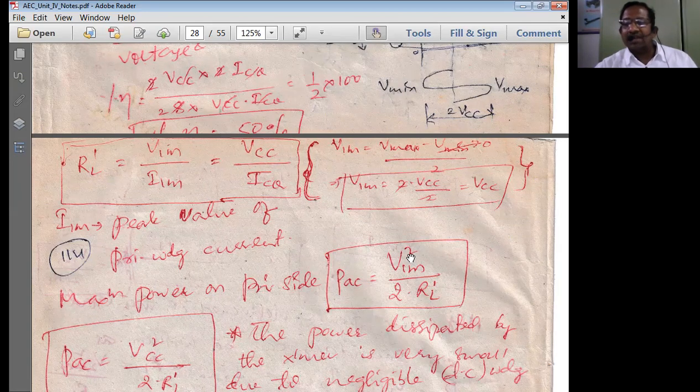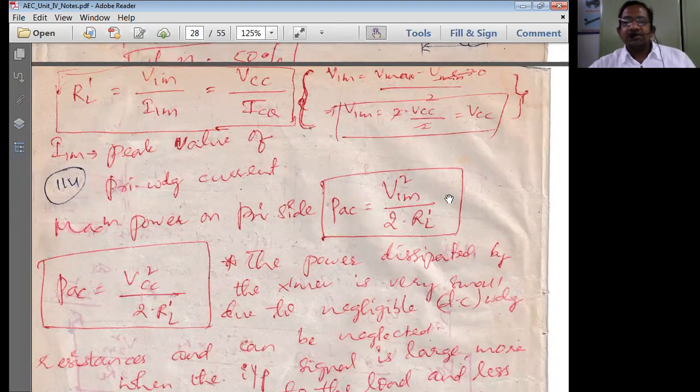Class AB is nothing but an enhanced version of the class B power amplifier. That is what is called the class AB type of power amplifier. Class D is meant only for switching applications, that is, pulse circuits. For switching between analog and digital circuits, we normally prefer the class D type of power amplifier. It is normally used to activate the actuators in digital circuits. That is the basic necessity of going for class D.